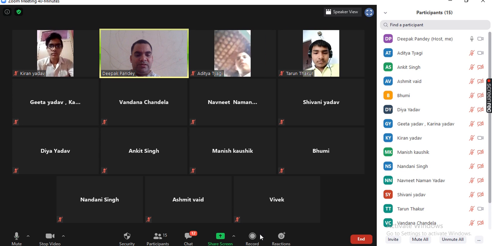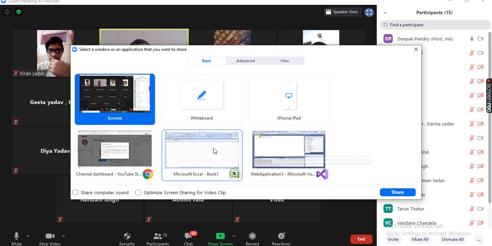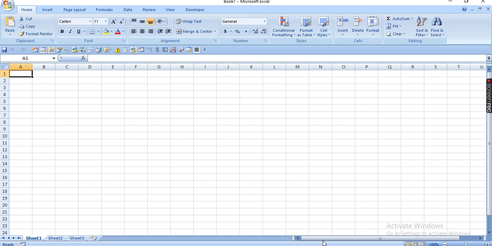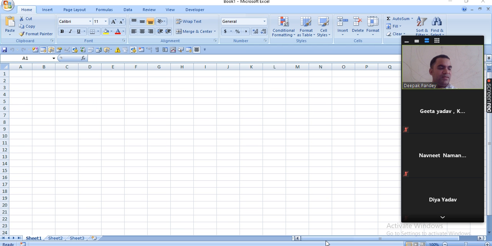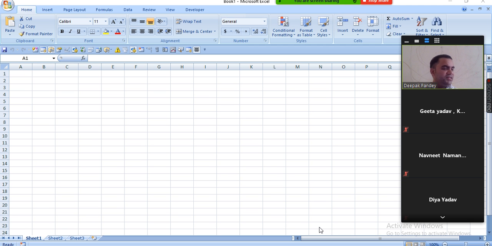It is not a very easy task to discuss each and everything in Microsoft Excel, because that is a huge topic, right? Microsoft Excel is not a simple topic. So we will try to cover each and everything in this session.